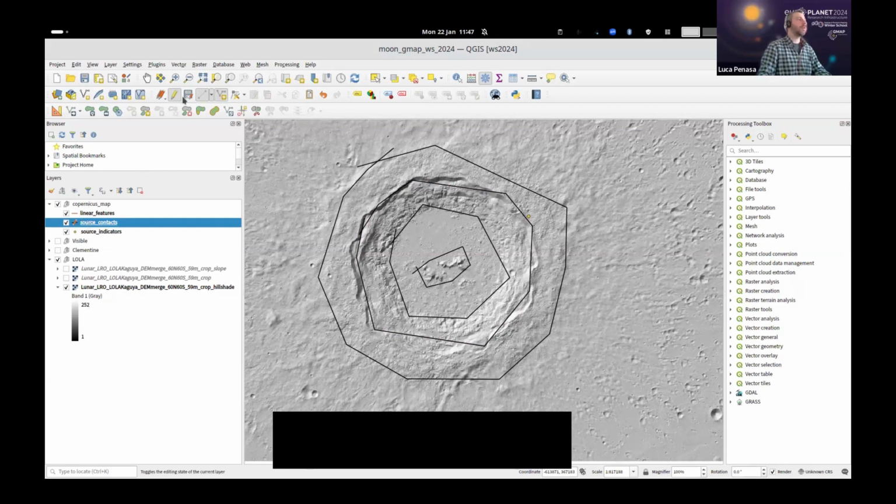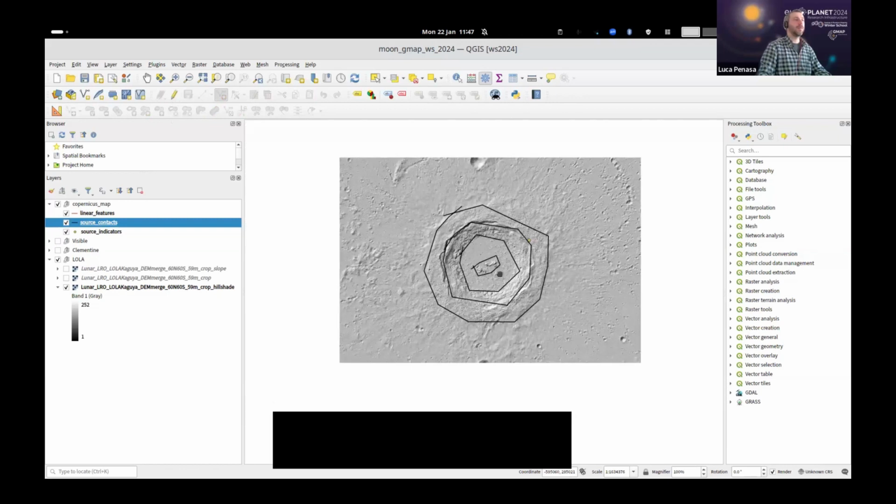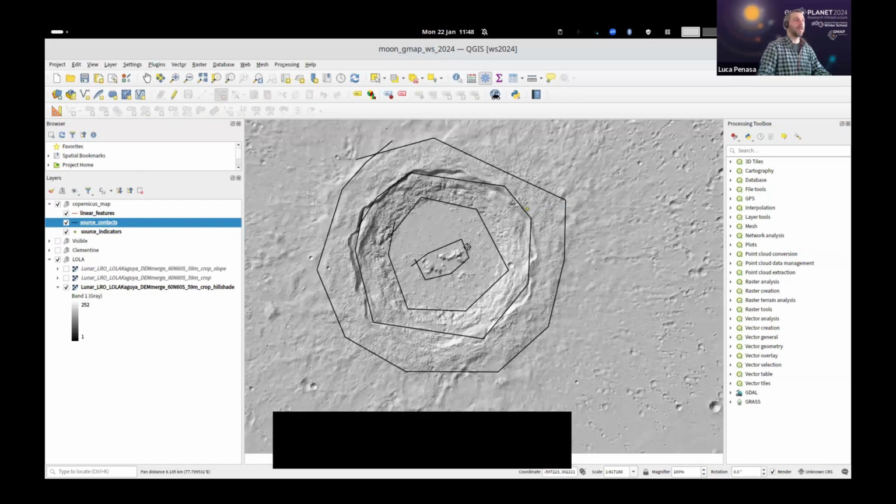To do so, there is a dedicated button here, which is Save Layer Edits, in the digitizing toolbar, the same place where you enable editing. Just to the right of that pencil, you have Save Layer Edits. Once in a while, be sure to press Save. Now, let's say I'm happy with it. I can disable editing of this